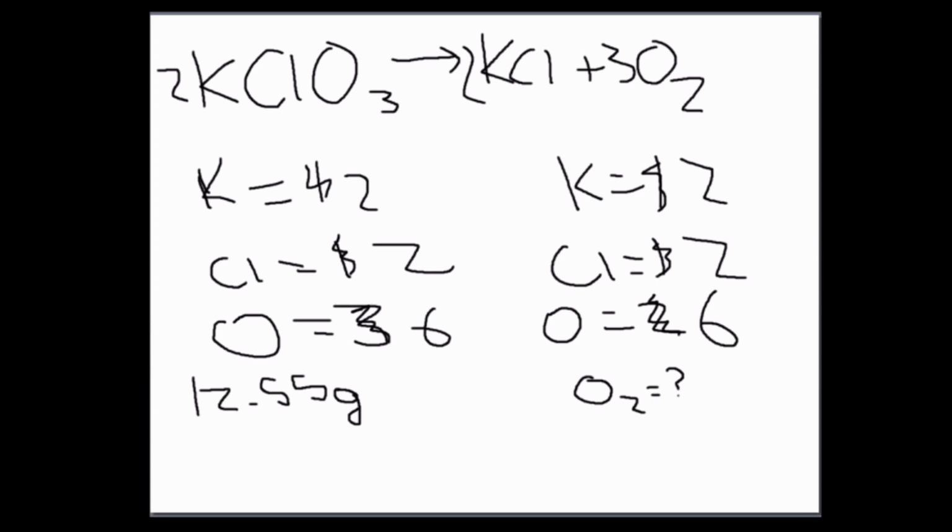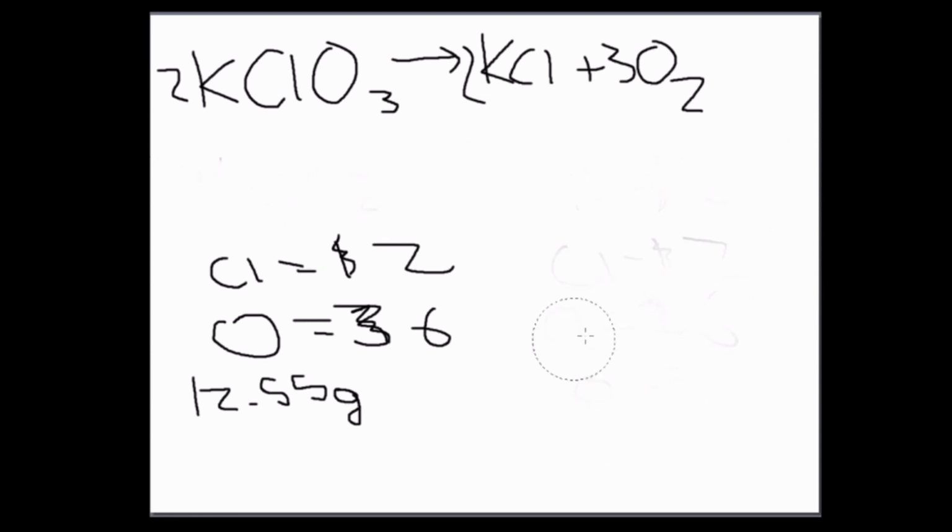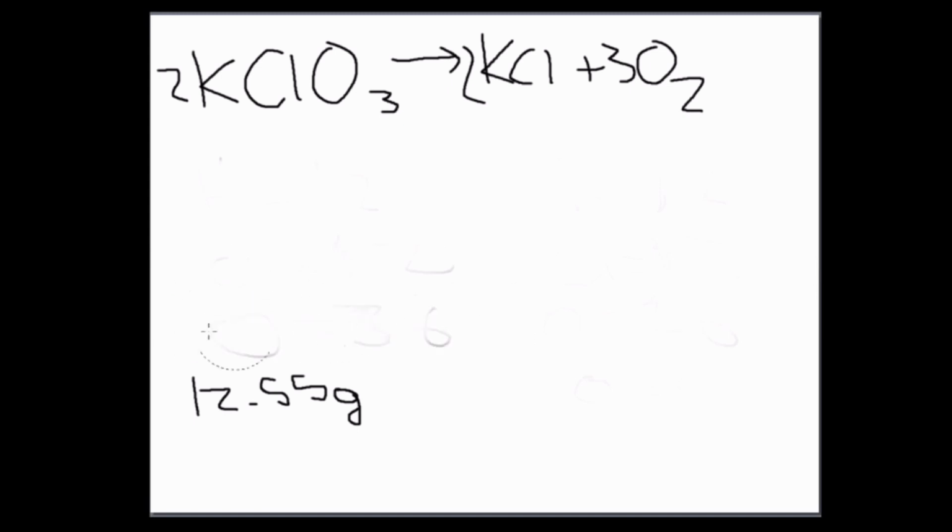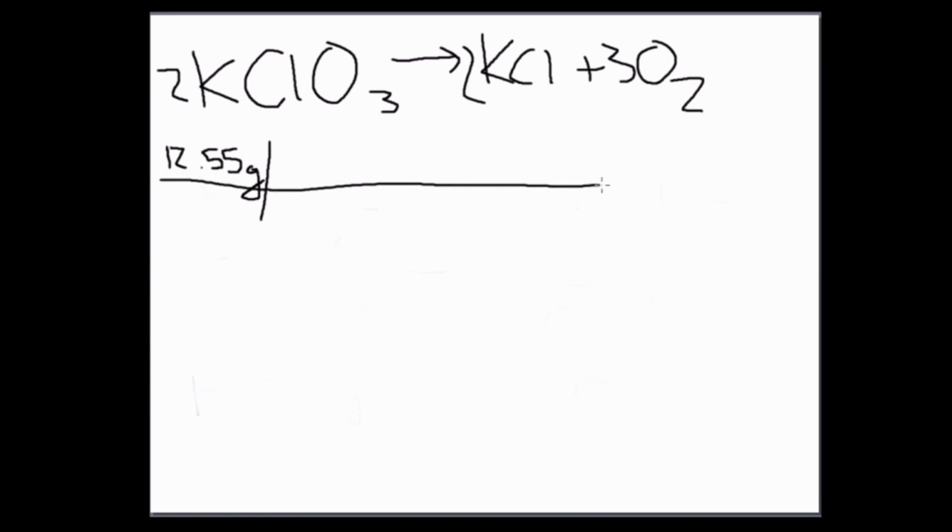So let's go ahead and just erase. Ooh, that is not what I wanted. We're going to erase real quick all of that balancing stuff, and we're going to go through and see. So if you have 12.55 grams of KClO3, you can look on a periodic table to find the molar mass. The molar mass is